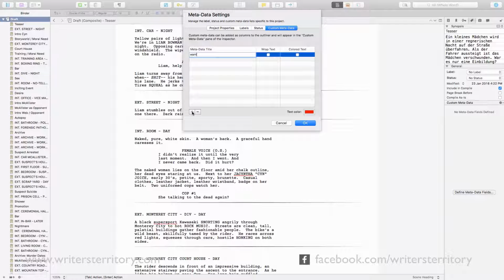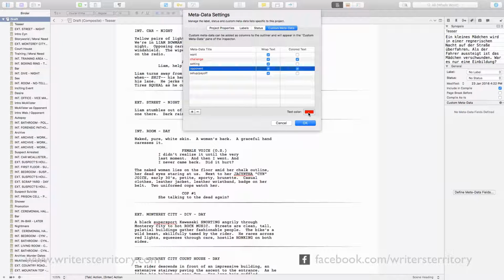I'm going to create a few others just as an example so you can see how this works. I'm going to use here challenge, setting, opponent, and setup payoff. Just set it up so that you have all the fields that you want for your outlining process, whatever you want to call them. Next to the name field, you can decide if you want the text in this field, which will become a column later, to wrap or just to be cut off at the end when you're viewing it. If you choose wrap, the text will flow into the next line and the line heights will increase the more text you enter. Additionally, you can define colors if you want specific metadata fields to be highlighted.